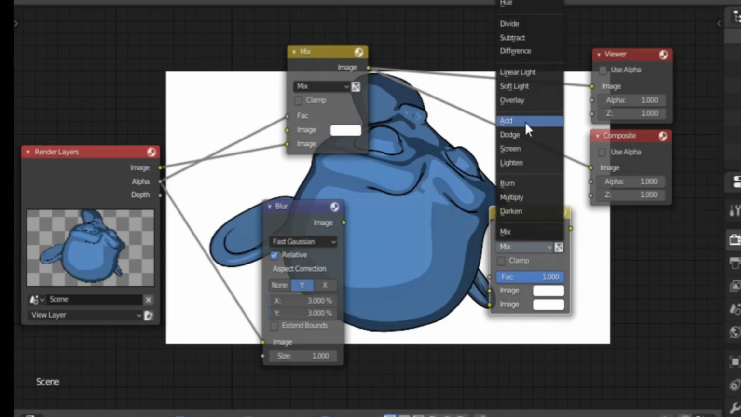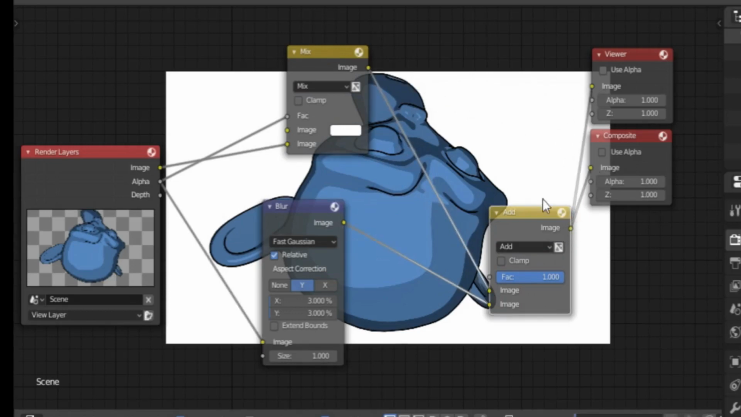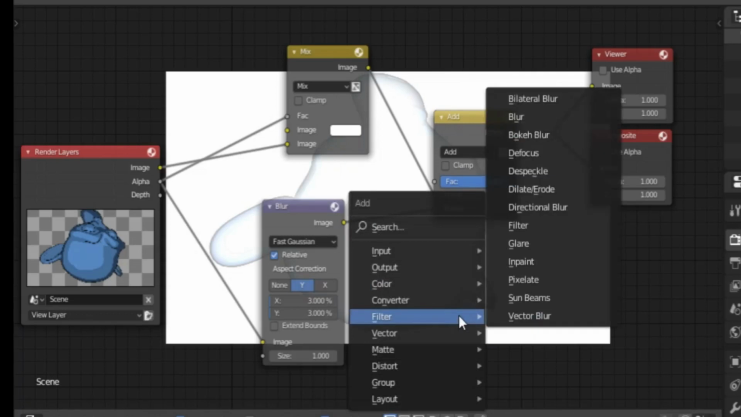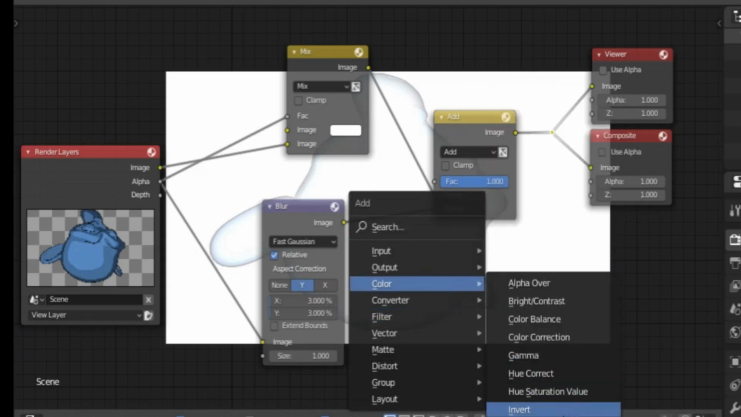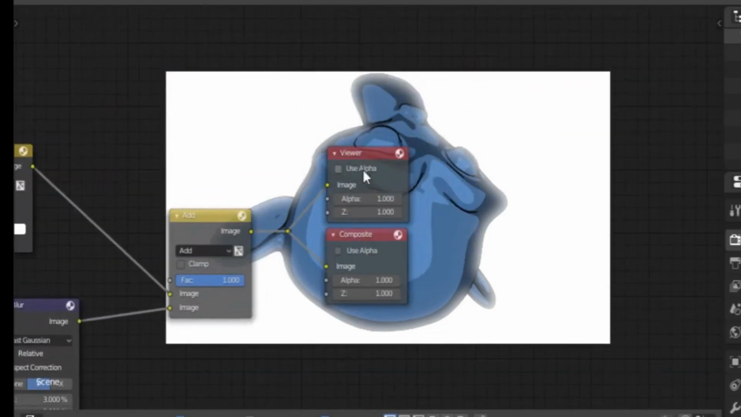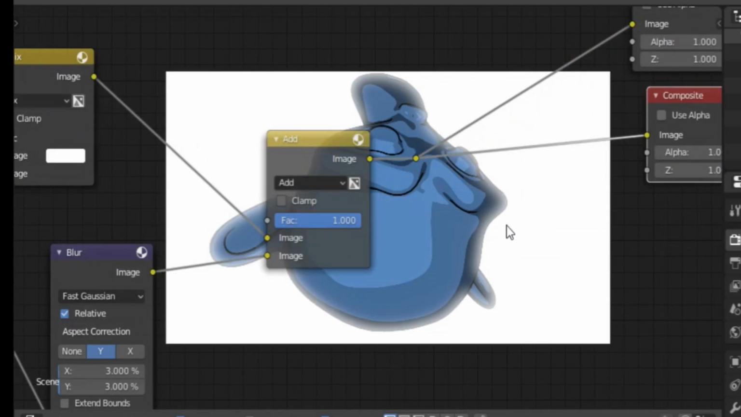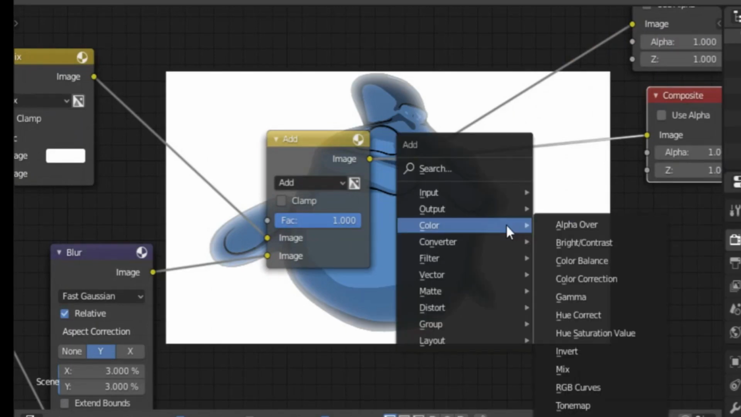So you can set it to add it, and invert. That's a big one, invert. And there you go. Now one thing that's usually added as well, that's not always obvious, is a slight blurring